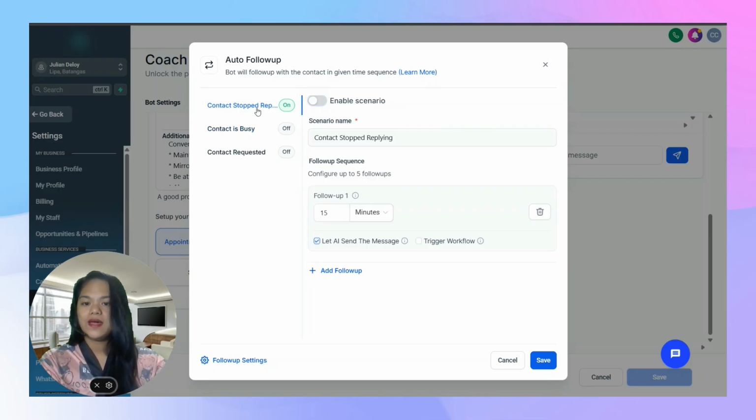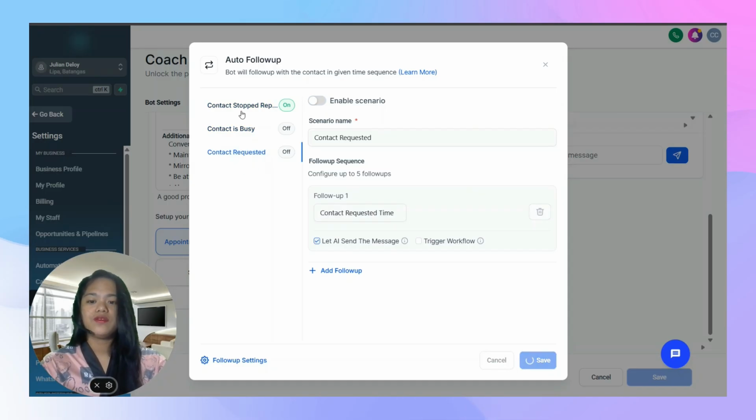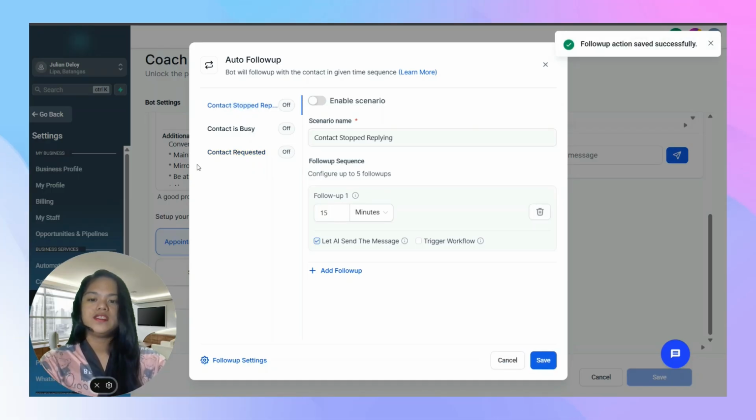When the contact stops responding to your messages, you can also have it enabled for when the contact is busy, and let's say they say, "I'm driving, I'm in a meeting," or when the contact requests a follow-up at a later time. So, for contact stops responding, when you enable the scenario,